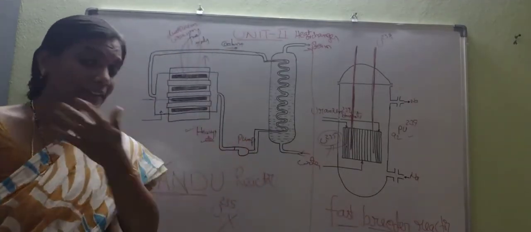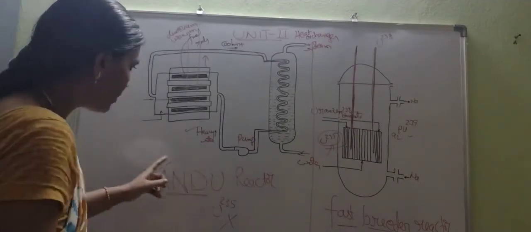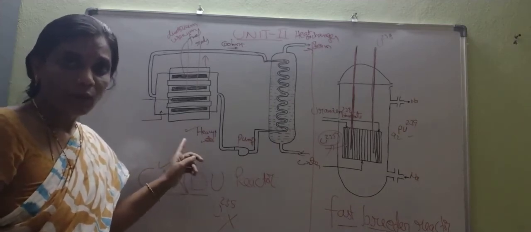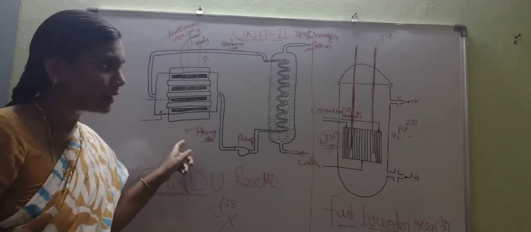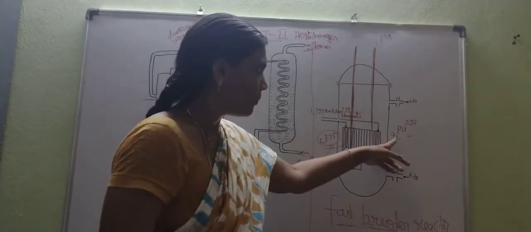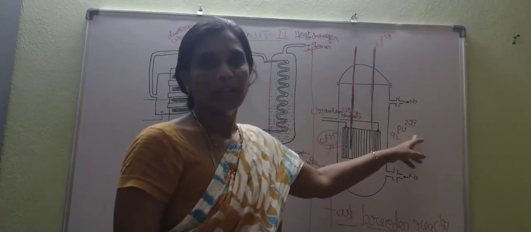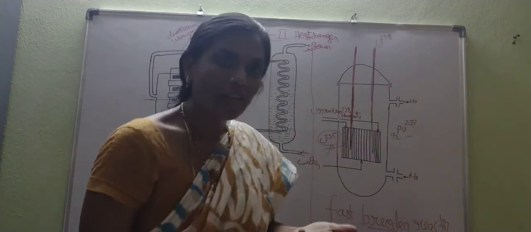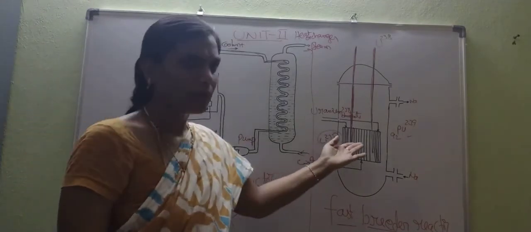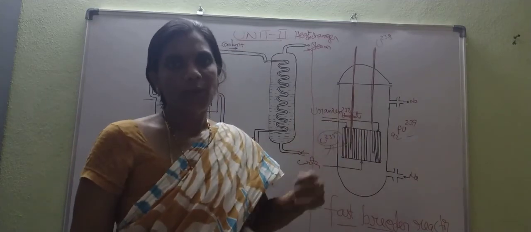Last class I discussed the boiling water reactor and pressurized water reactor. Here one more point I have to mention. It is operating at a low temperature, nearly below 500 degrees centigrade, because here heat is produced due to uranium-235 as well as plutonium-239, without a moderator. What is the function of a moderator? The function of a moderator is to slow down the neutrons. There is no need to use a moderator here because uranium-238 can be used as a moderator.